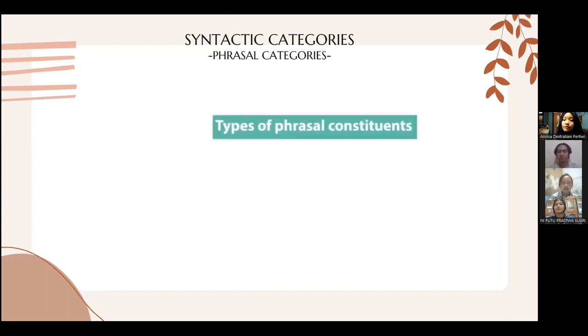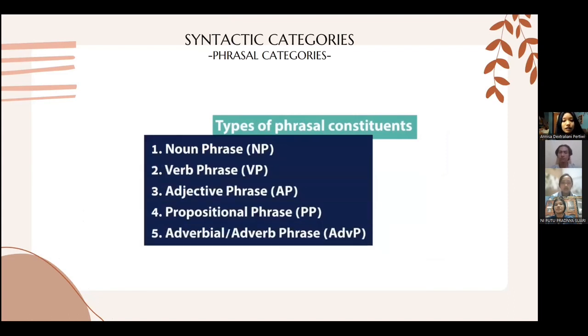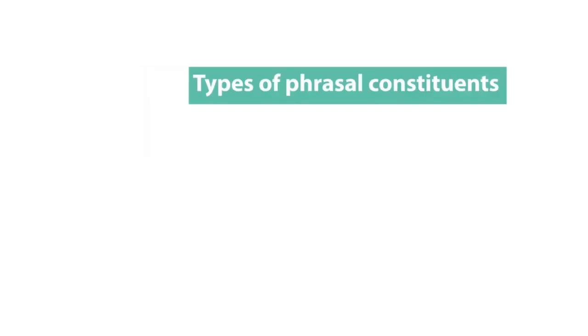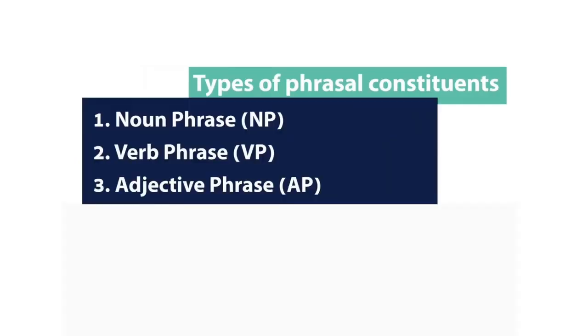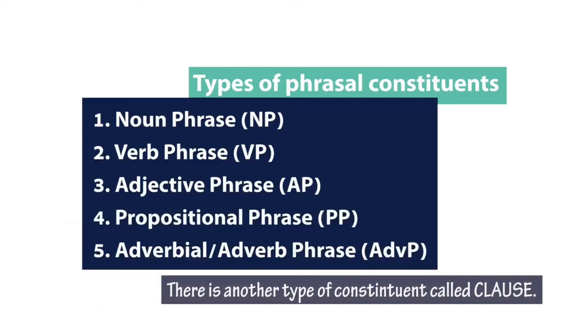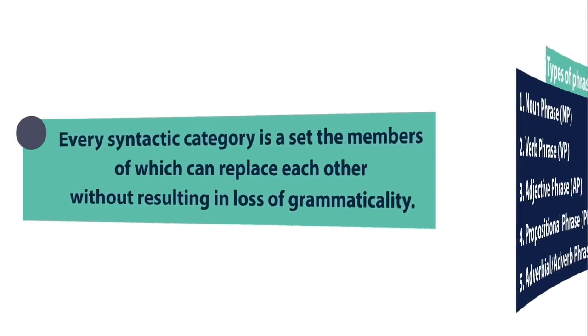Here is a video to further explain about phrasal categories. We can have different types of phrasal constituents, like a noun phrase, verb phrase, adjective phrase, prepositional phrase, and adverb phrase. Why do they have syntactic categories? You see here, there is a phrasal constituency within the sentence, and then every phrase is labeled with a syntactic category. Why? Because,